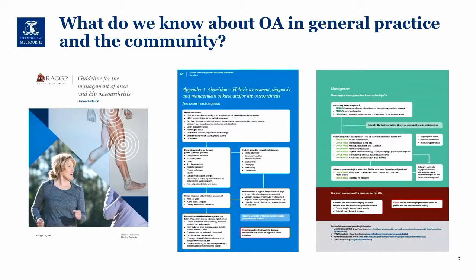So we have these guidelines released last year, very holistic guidelines for the assessment, diagnosis and management of hip and knee osteoarthritis. And I know that there are people in the room that were involved in helping to write that document. And of course, theoretically, if we put all of those beautiful recommendations together and we carry them out with our patients, we'll end up with very happy people that can jog again, like the person on the front cover